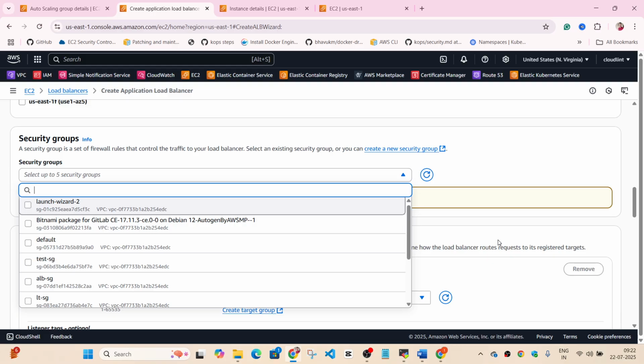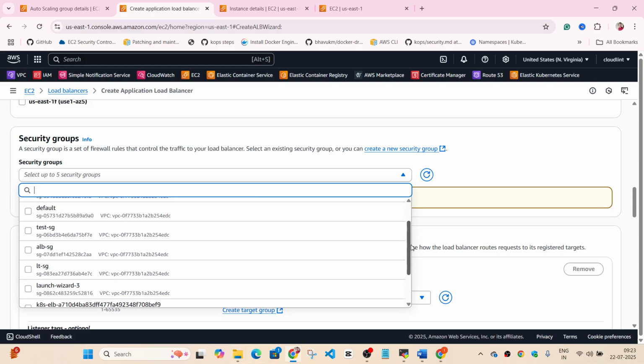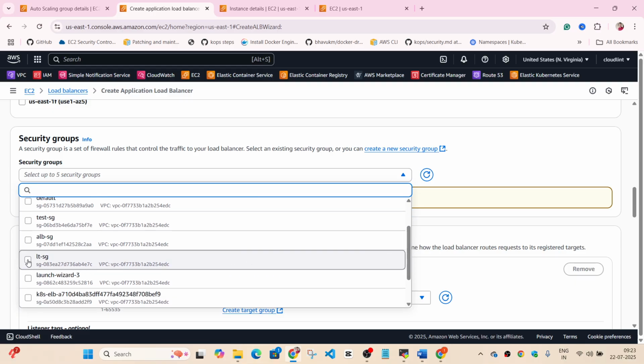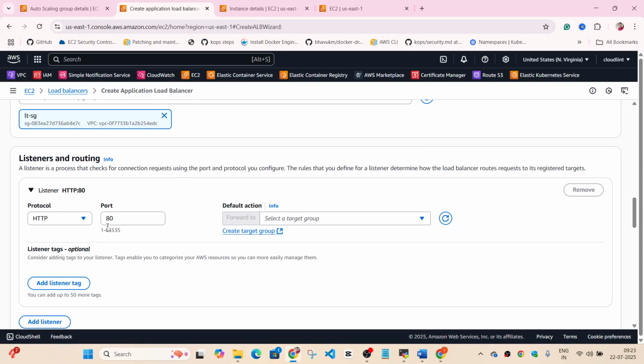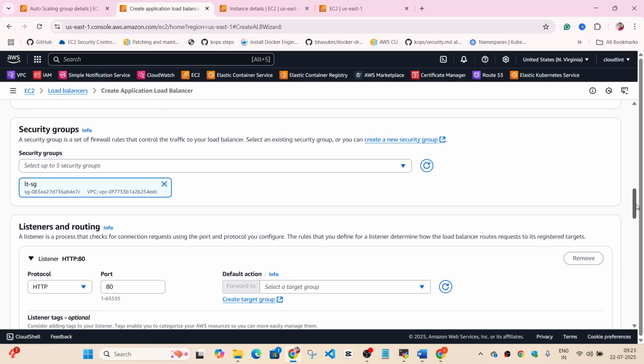So you have to ensure that you allow port 80. But here I'm just using a default one, which is allowing everything. So I can use this security group. It allows everything just to keep it simple. But if you want, you can keep it more restrictive. As I mentioned, you just need to enable port 80, which is going to enable HTTP traffic on this ALB.